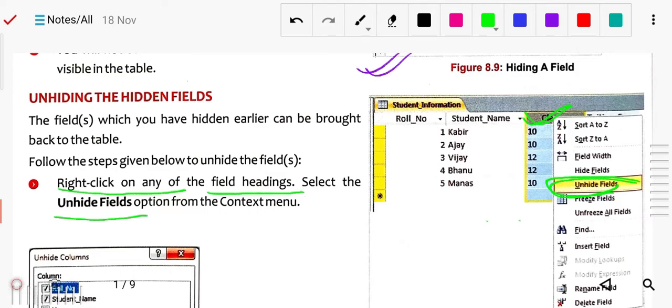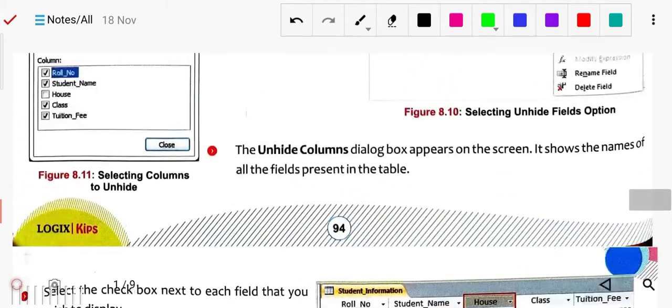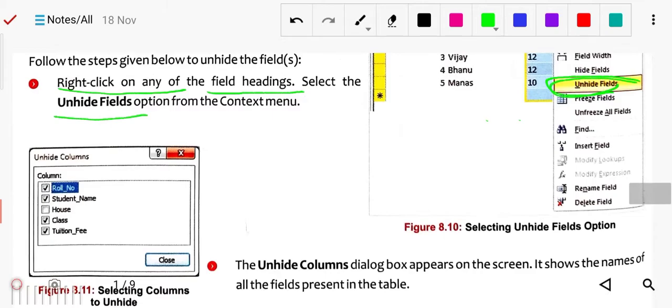Then it will ask which one you want to unhide: roll number, student name, class, or tuition fee. These are the column headings that will be displayed there.